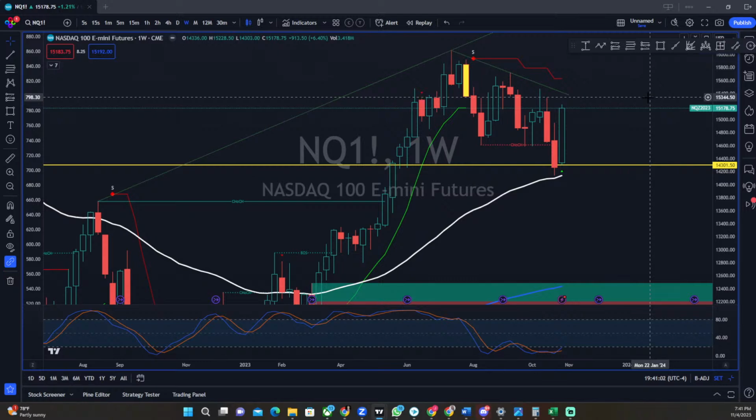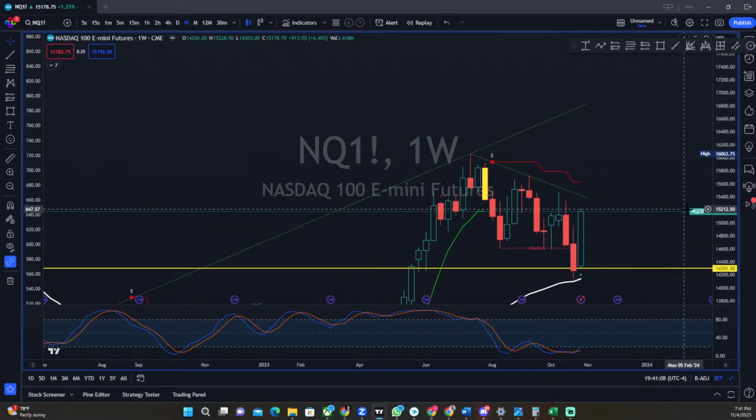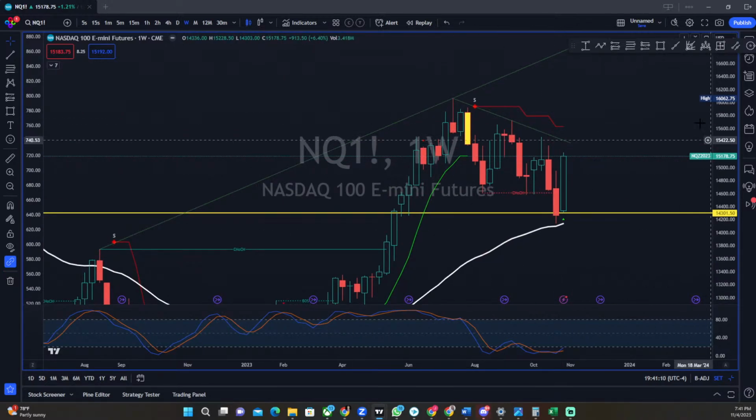If we come in with some steam, we could really take out these levels and probably even retest this trend line up here. But if we don't, one of these areas is going to be an area of rejection. So just keep that in mind. I think 15,400, maybe 15,370, 350, somewhere around that ballpark is going to get real choppy real quick. Let's go ahead and get into the next ones.